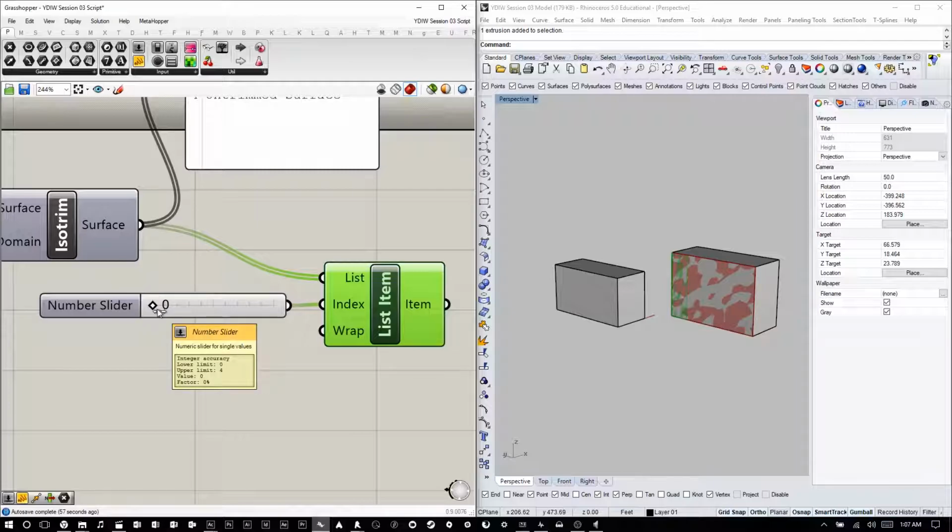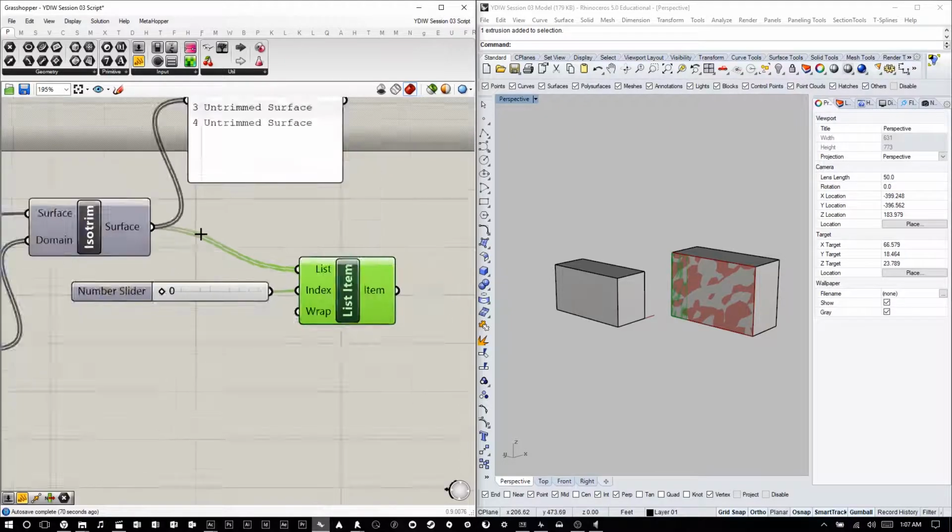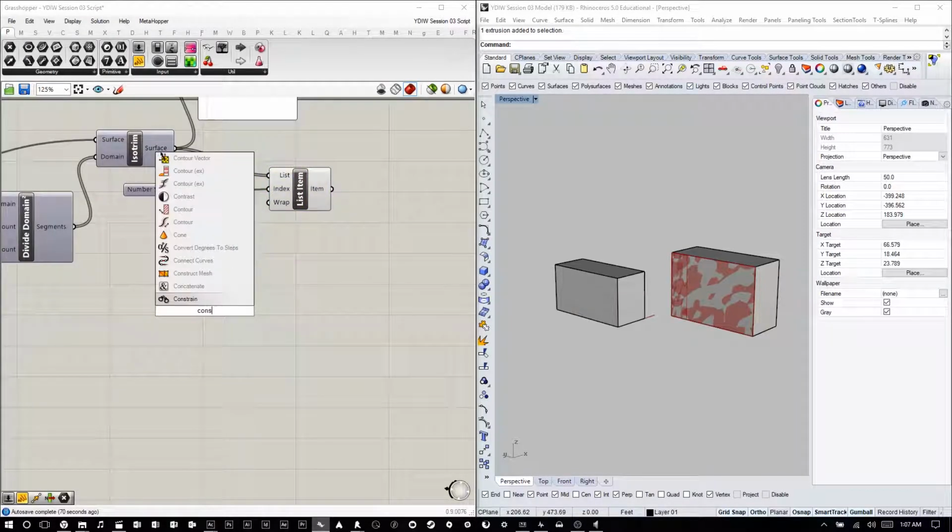So get used to the deconstruct commands and the construct commands. You can deconstruct a point, for example, and get its respective x, y, and z values. Or you can construct a point by using X, Y, and Z to construct a point. All right, really quickly, those two commands, construct